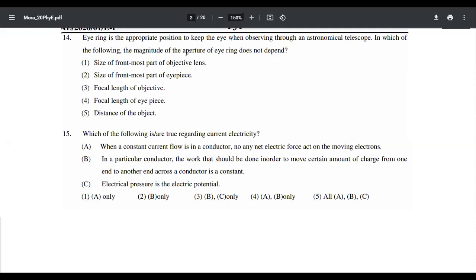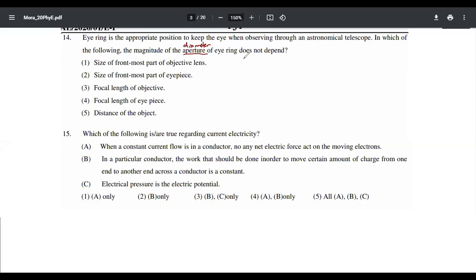What is the meaning of aperture? Aperture is like the diameter. Diameter means it's the size of the hole. So I'll say diameter. Larger the diameter, larger will be the aperture. If you are using a camera, you will have heard of this word, aperture. Aperture means the size of the opening. Now, if you want the camera to function well in dark,